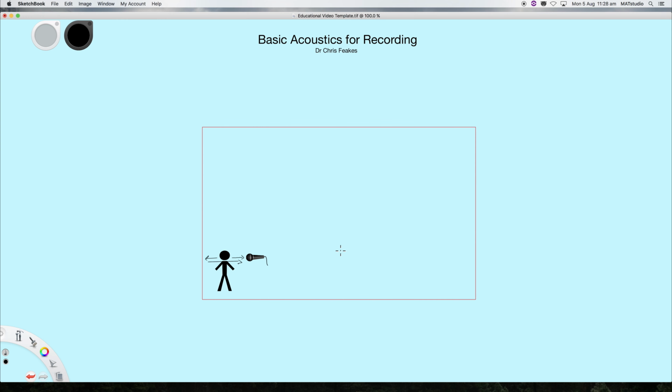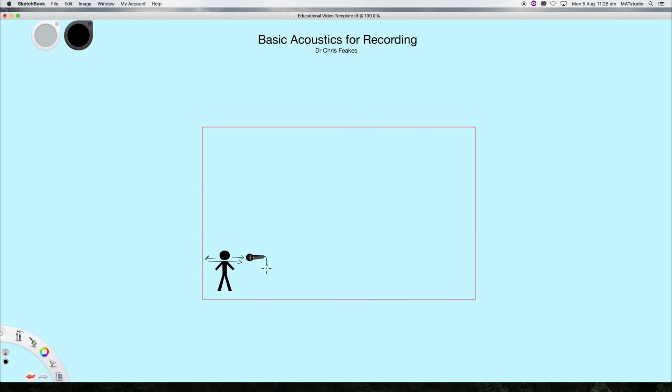Now, there are also problems associated with how far away a person stands from a microphone. And you might be surprised, or you might not, to learn that putting a person really close to a microphone is a bad idea, and that's not just because it might make it hard to get a recording that isn't too loud. There are actually acoustical phenomena that happen inside microphones when a person gets too close to them. But again, I'll leave that for another video. For now, what I will say is that generally speaking, having a person at least 10 centimeters away from the microphone usually prevents most of those problems.